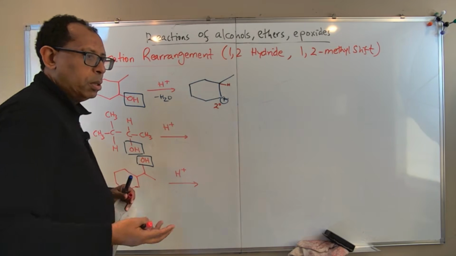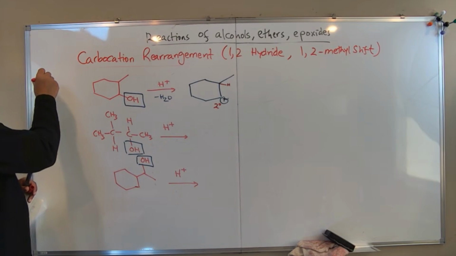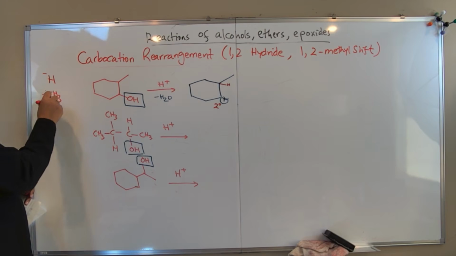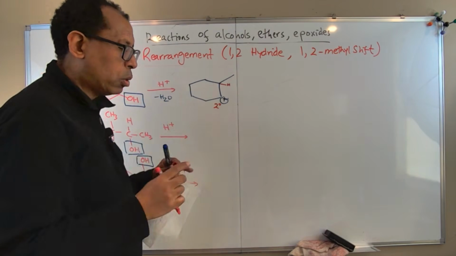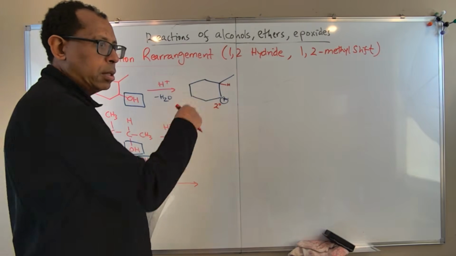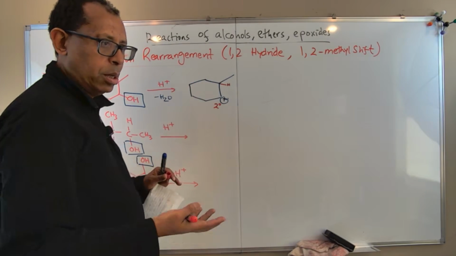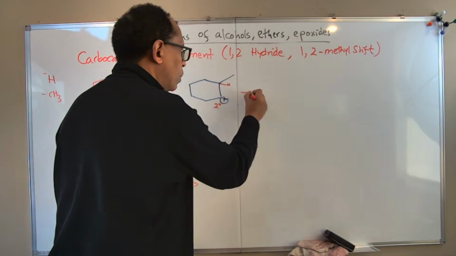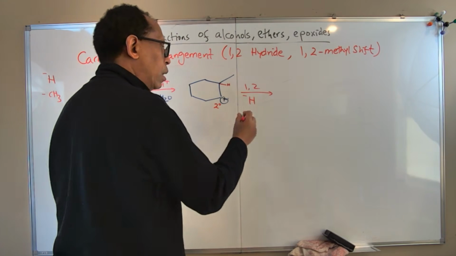So remember here, between hydride and methyl, if you have a possibility, the first priority is the hydride, which is the smallest one, to leave, not methyl. Because if you move a methyl, it will be just secondary, so you don't form anything. So a 1,2 hydride, H minus shift,